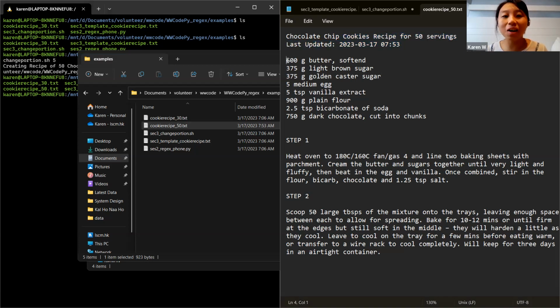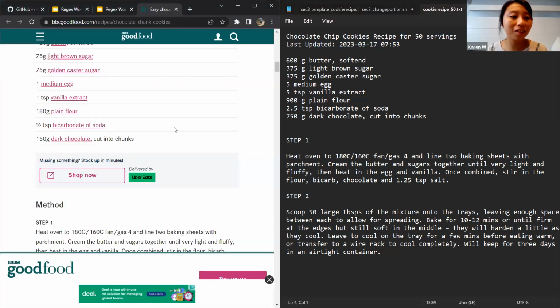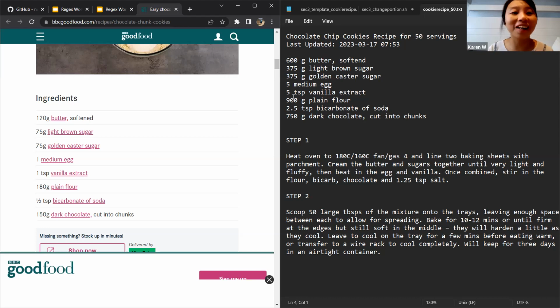And now inside, 120 grams of butter. Oh, I don't have to do any math. Now I'm going to use 600 grams of butter and 375 of sugar. Everything is so easy. Oh my God. I'm enjoying myself with this recipe.